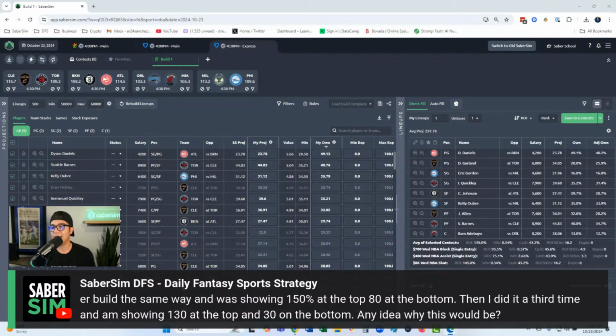But I would say that the second and third results are a little bit more consistent. There's going to be some differences between the results, even if you run it back to back, right? There is going to be some variance within the contest sim. So seeing some of those smaller changes like 150 versus 130 seems a little bit more natural to me. So I would say what you saw earlier in the morning is related to ownership updating and player news, and what you're seeing now is probably a little bit more consistent.